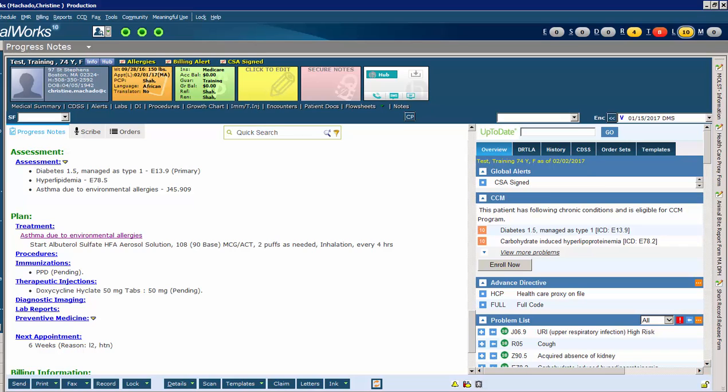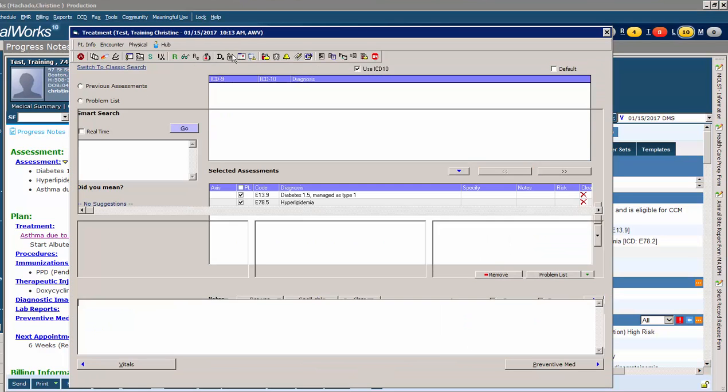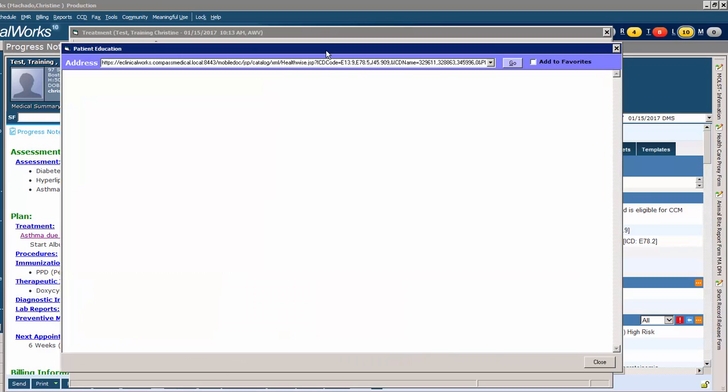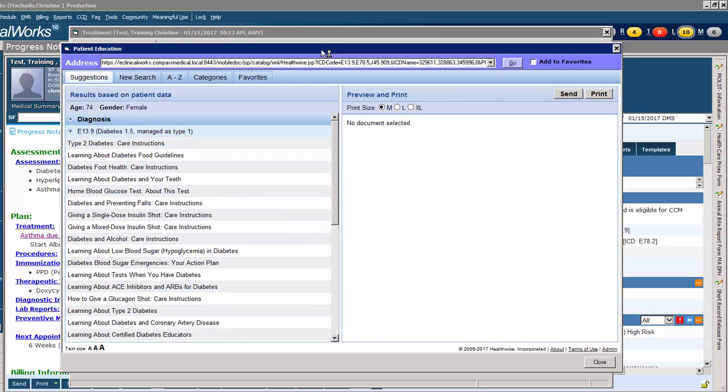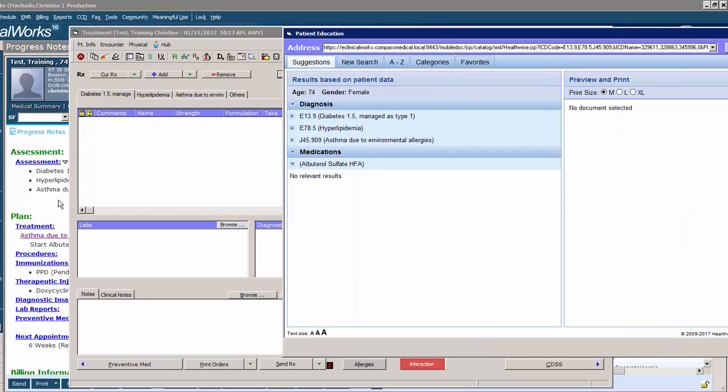Once you've assessed and provided any treatment, or while you are doing this, going from the assessment screen and then moving over to the treatment screen, you can see your diagnoses here. The education materials are available under this patient education tab here, and it quickly pops up. Based upon the diagnoses that you've used during today's visit, the diagnoses here are going to be a one-to-one match to the assessments that are listed over on your progress note, as well as your diabetes 1.5, hyperlipidemia, and asthma. So you can use some of the materials that are here